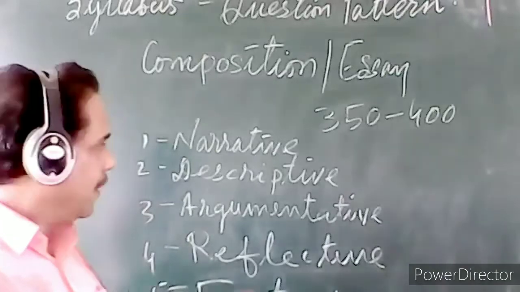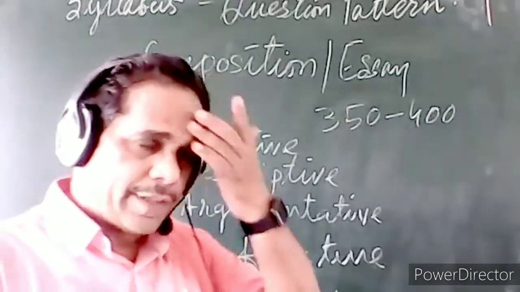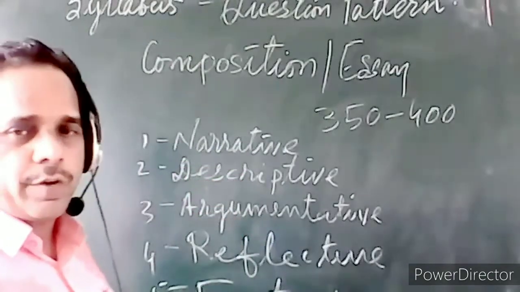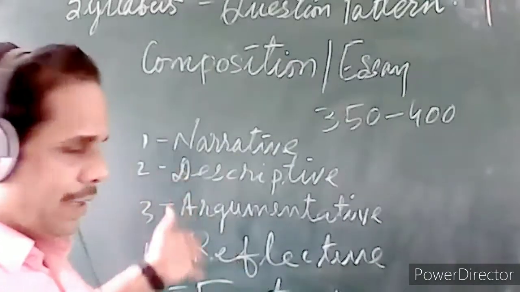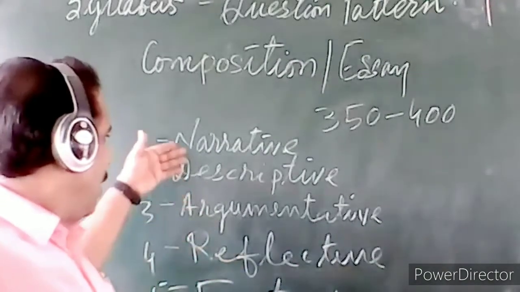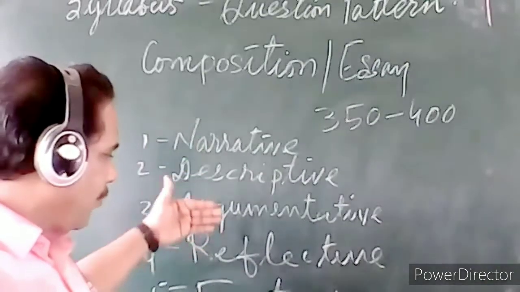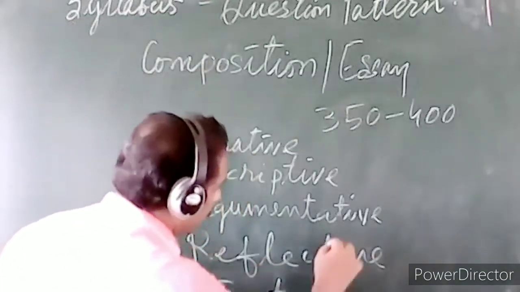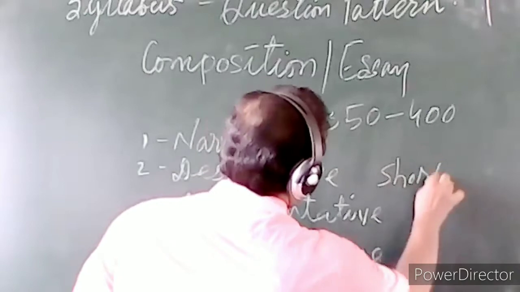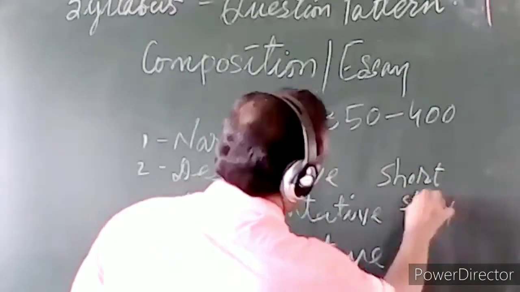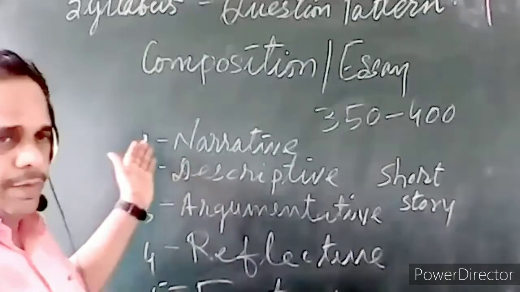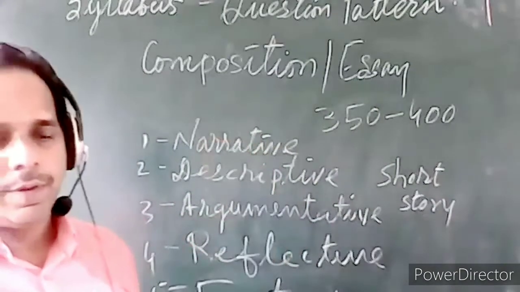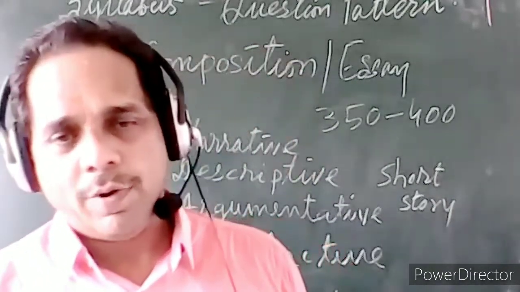So we are supposed to study all these in detail: what a narrative essay is, how to write a narrative essay, and what points you should remember in writing it. You have lessons. So narrative, descriptive, argumentative, reflective, factual, and then you have a short story also. So you are asked 6 questions. This will be 5 types of essays and one short story. Altogether 6 questions. You have to attempt only one out of 6.